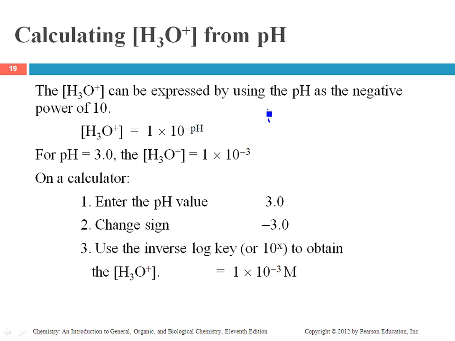So our pH equals the negative log of our hydronium concentration. When we rearrange this equation, our hydronium concentration equals